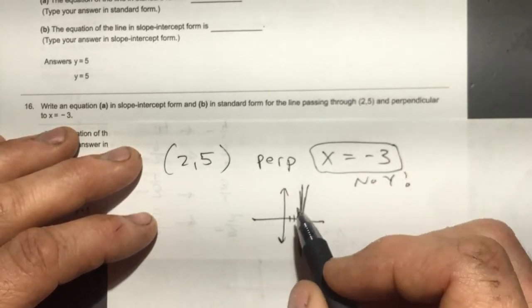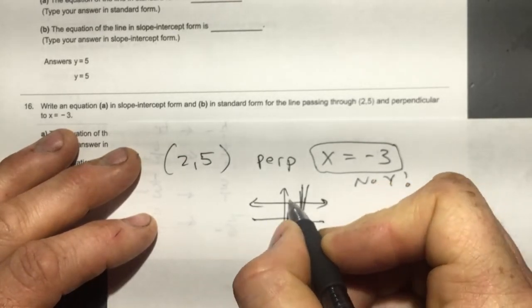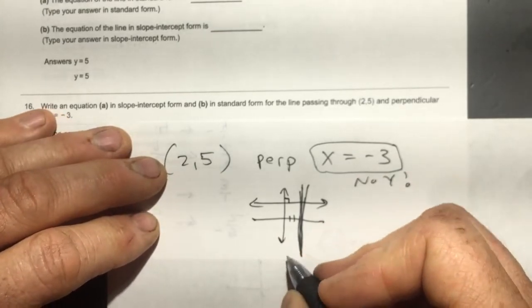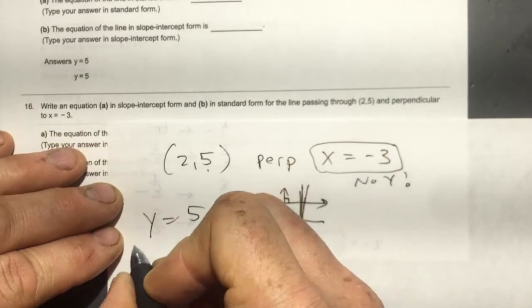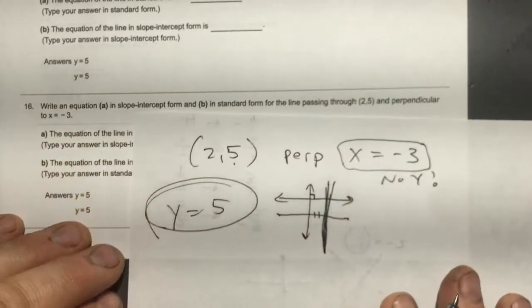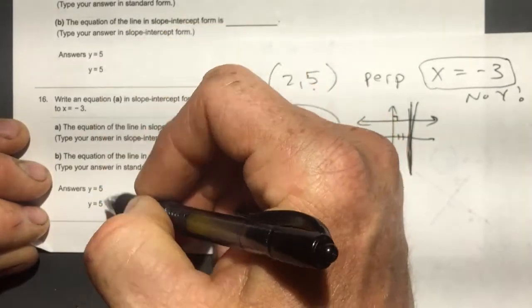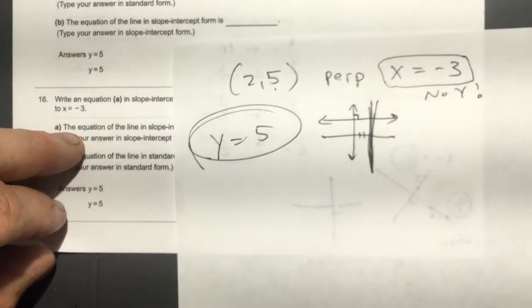So if it's perpendicular, that means it's got to be a horizontal line like this, which means it has no x in it, which means it's y equals 5. Look at that, y equals 5. And all these were the same, y equals 5, both problems. Okay,